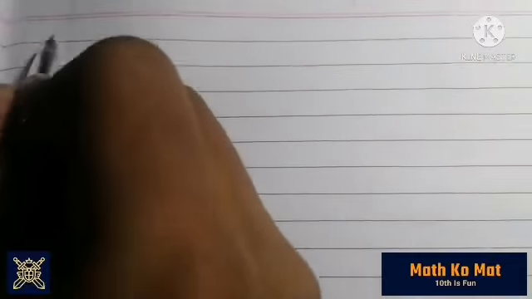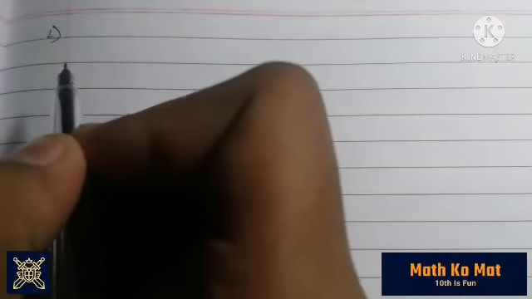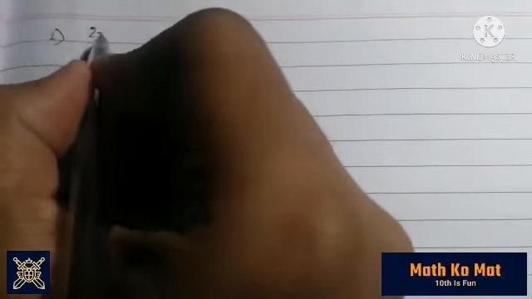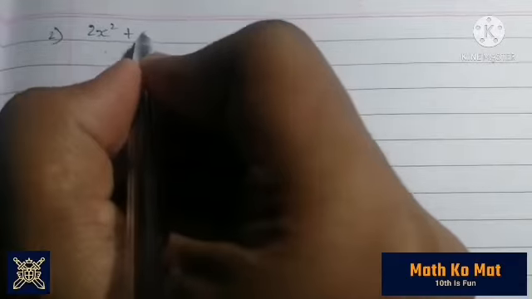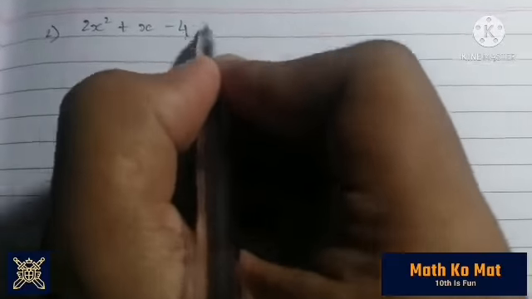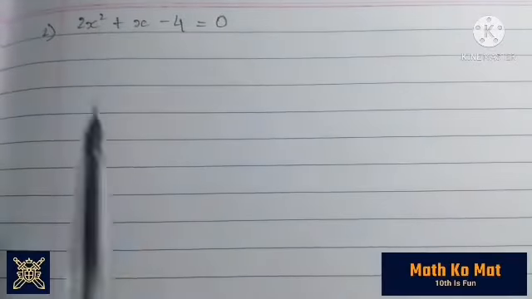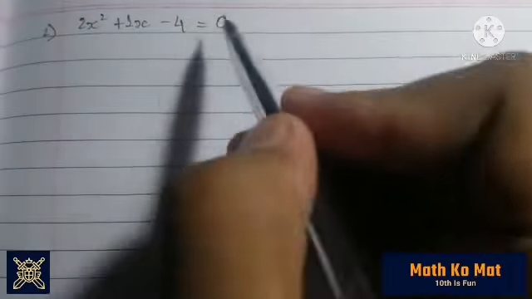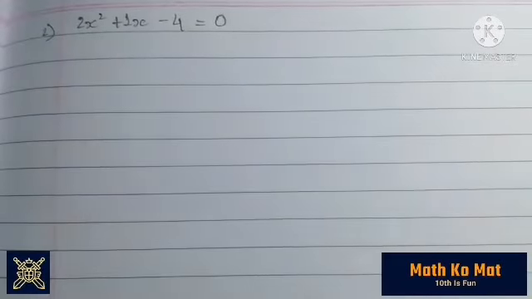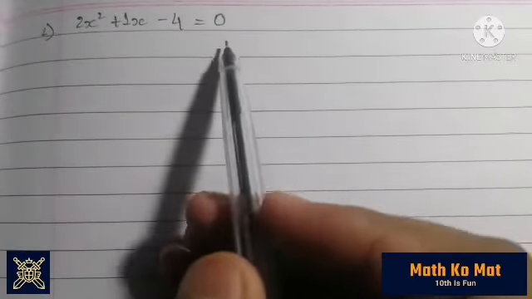So for the second part, we have 2x square plus x minus 4 is equal to 0. Now again, as you can see, we are having an odd coefficient. Let me write it for you, 1x. If there's nothing with x, 1 is always there. So you are having an odd coefficient of the middle term. So again, you will have to divide the whole of this equation by 2.